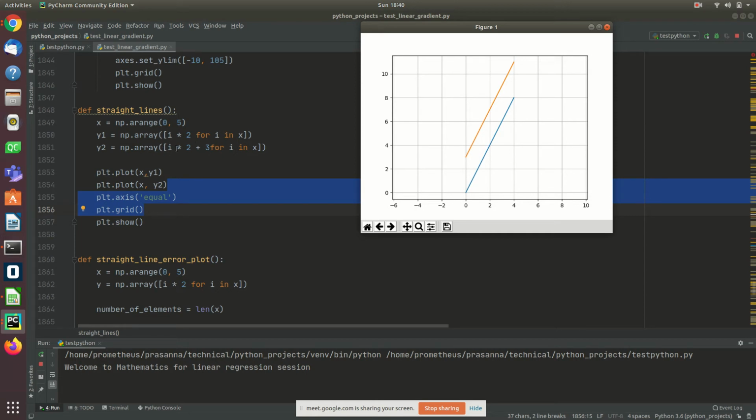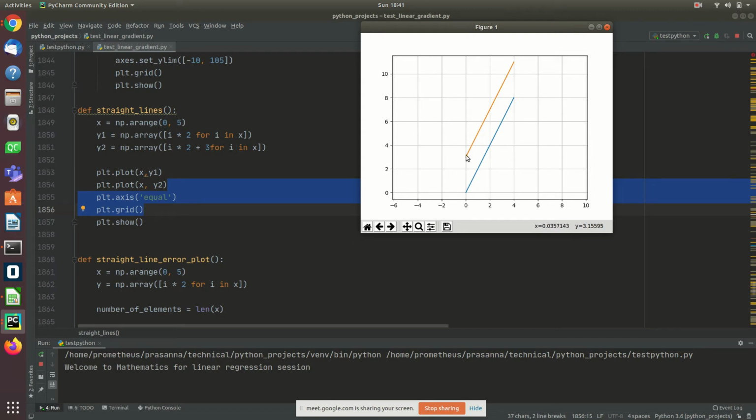Assume that I have a certain amount of money, I am x, and y is my elder brother who has twice the amount that I have, which is this. It means when I went from 0 to 2, my brother went from 0 to 4. When I went from 2 to 4, my brother went from 4 to 8. When I went from 1 to 2, my brother went from 2 to 4. It means he is twice of what I am. In the second one, he also has some extra money given by my father, something like 3 extra. So even when I don't have anything, he has this.